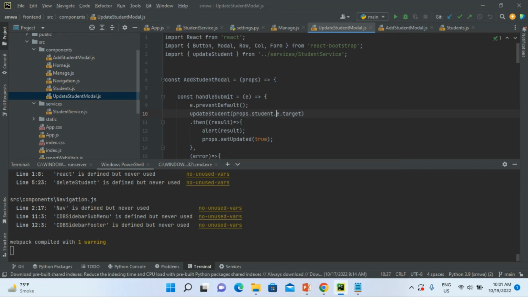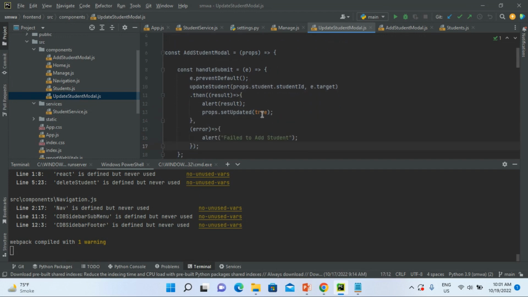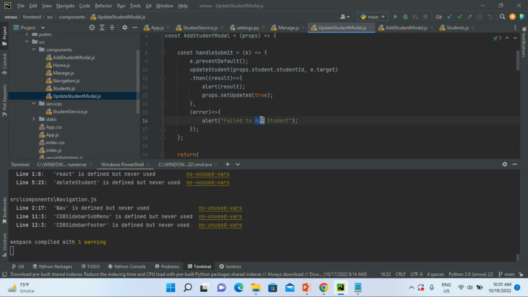So we will call student ID, which will be the student ID of the student that we are going to update. And then props.setUpdated is okay, and here we will say failed to update student,